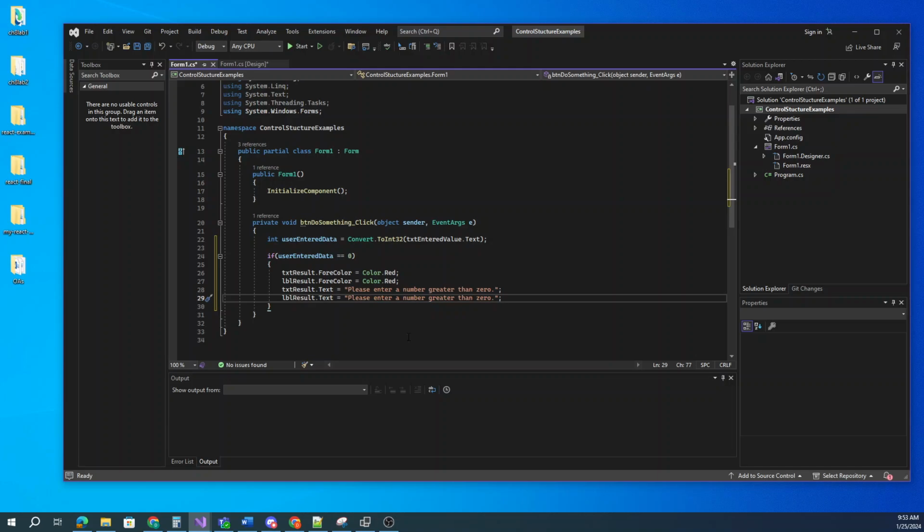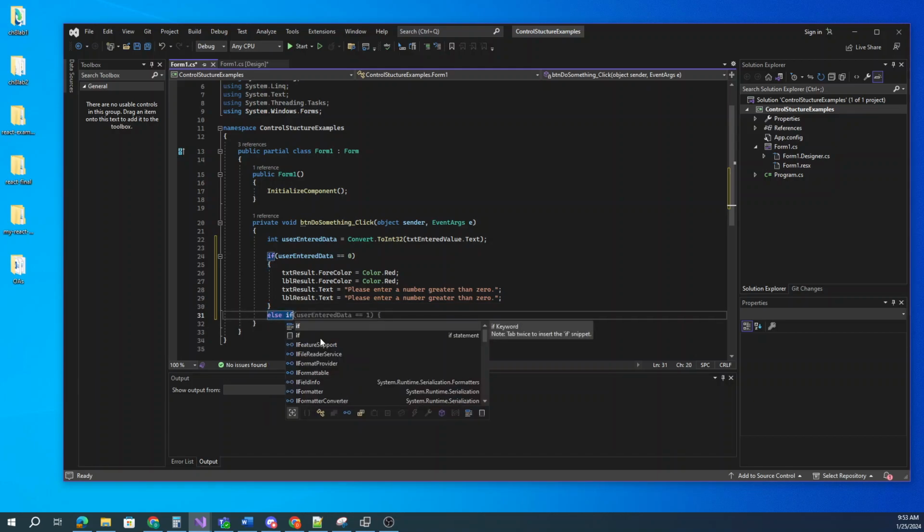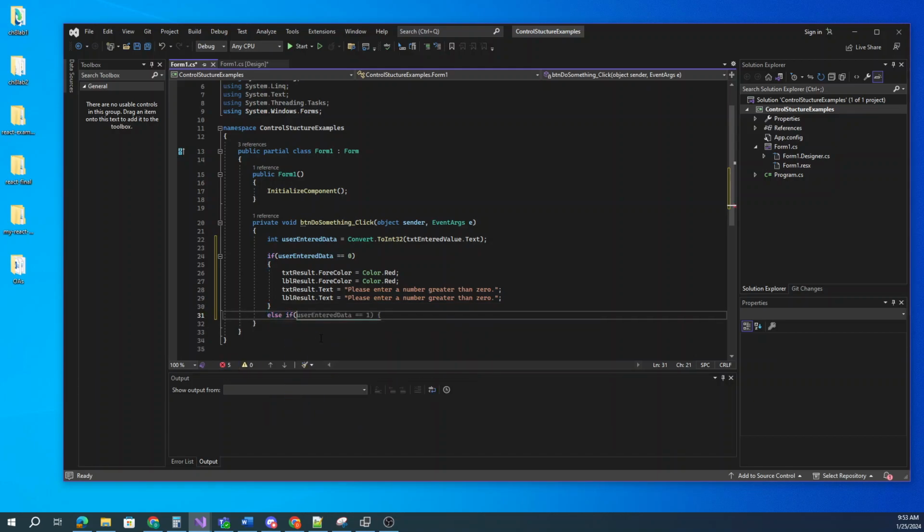So what I'm saying here is when the user enters something into that text box and we run it, if it equals 0, if they put the number 0 in, it's going to turn red and say please enter a number greater than 0. And then I'm going to say else if, and again the if statement, you put parentheses behind it to enter your conditional check. So I'm going to say user entered data